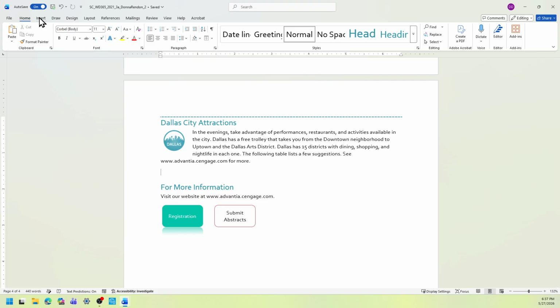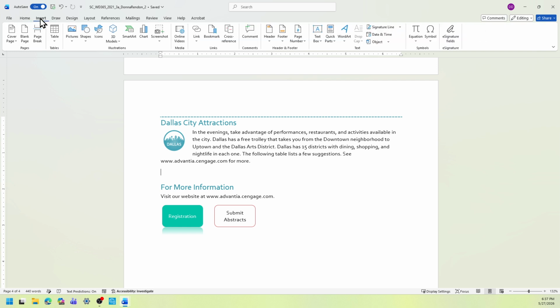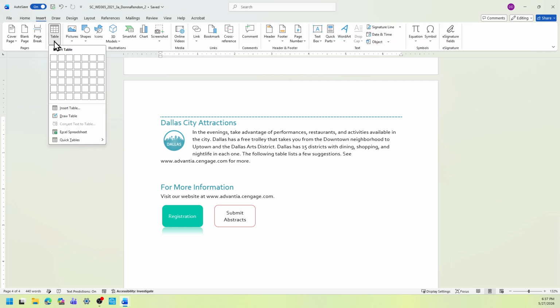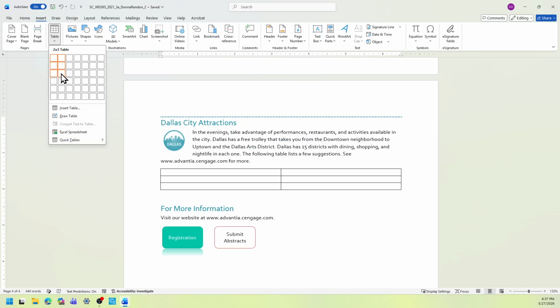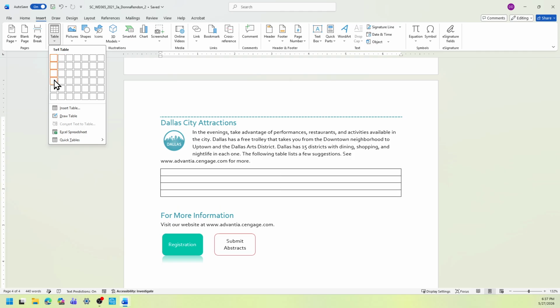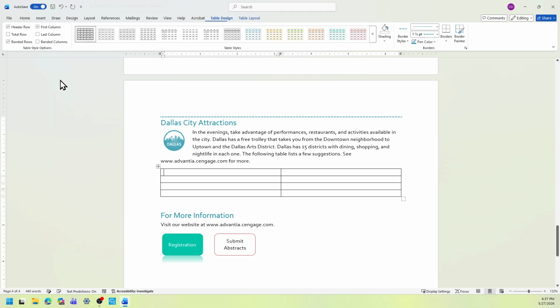You're going to select the Insert tab or Insert menu and select the Table drop-down menu. And then you're going to need one, two, three, four rows and 2 columns. There you are. Then start typing.